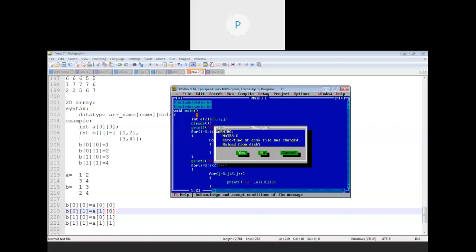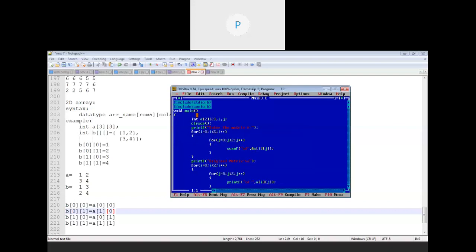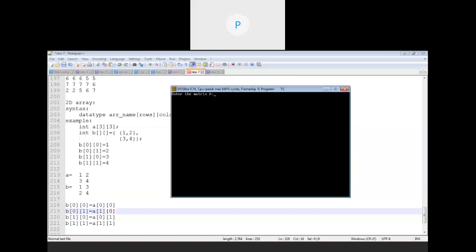Now, on the basis of this, you have to solve another example. You just need to check whether the entered matrix is symmetric or not. Any matrix is called symmetric if its transpose and the original matrix are the same. Like if I enter 1, 2, 2, 1, you can see the original matrix is also 1, 2, 2, 1, and the transpose is also 1, 2, 2, 1. Okay, so understood this much part, that is the 2D array concept.